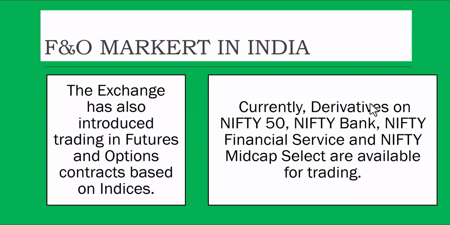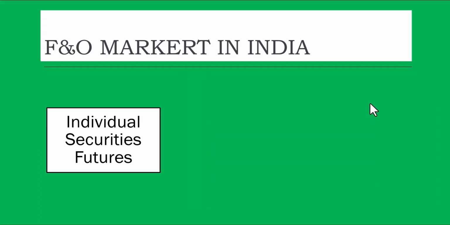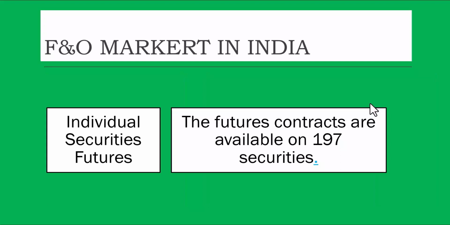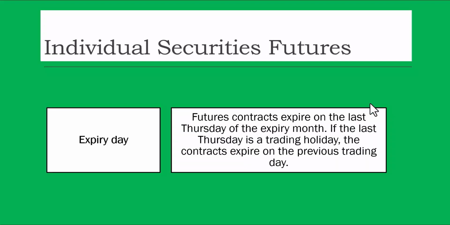So these are the indexes which we have taken positions in, Nifty. You can take a position in Nifty Bank, Nifty Financial Services, Nifty Mid Cap also. So there are 4 or 5 kinds of these. And then stocks: there are 197 stocks as of today where you can take either a long position or a short position in the futures. And the trading cycle is,